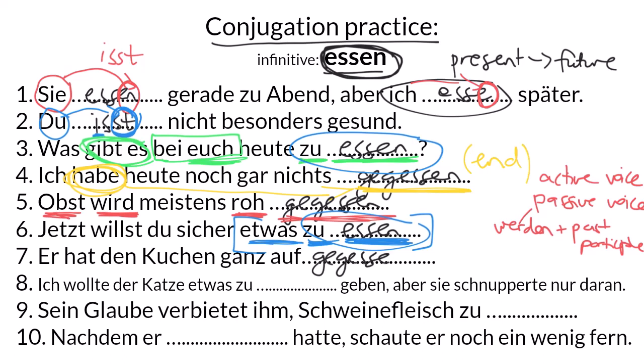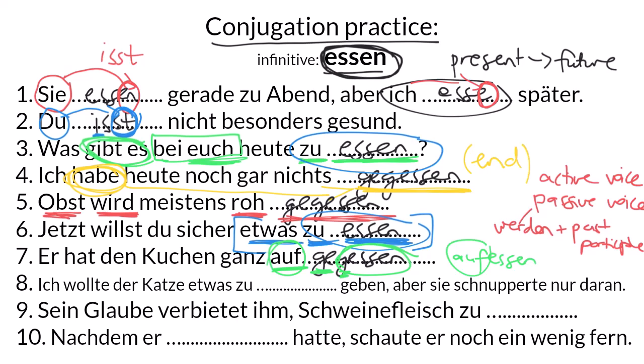Now here you've got another past participle, and I wonder if you can figure out what's happening here. This time we don't have the verb essen. We have the verb aufessen. So it's a separable verb. Auf is a separable prefix, which means that in the past tense, we're going to have the separable prefix followed by the GE, and then the rest of the past participle. This past participle is a bit weird because we have an extra G there, but that's just for the sake